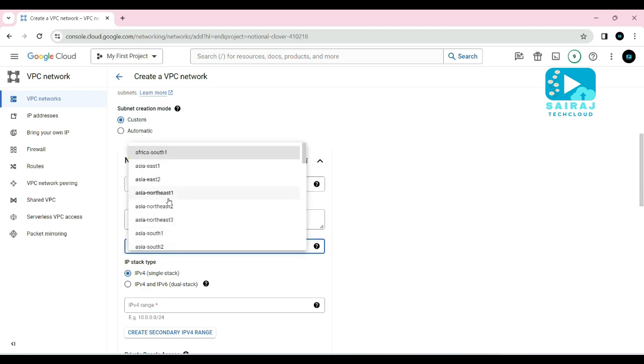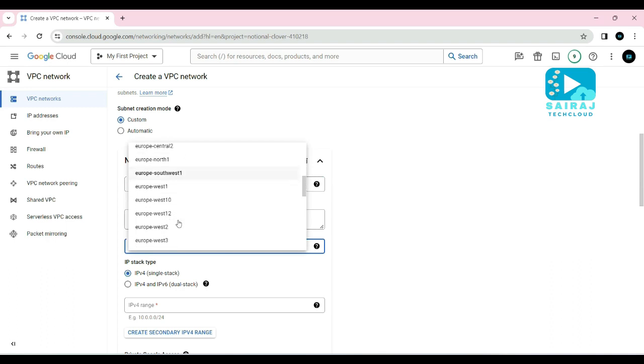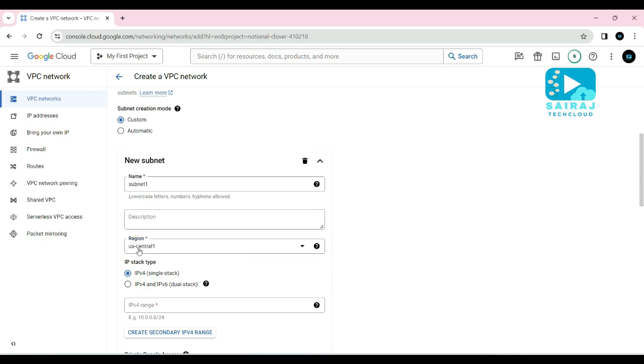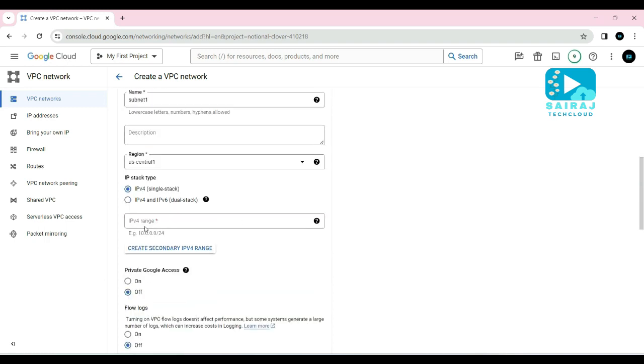Then region, I selected here for example US Central 1. As you can see here, US Central 1. Then IPv4 range, I'll add 10.2.0.0/24. This is the CIDR range value, guys.